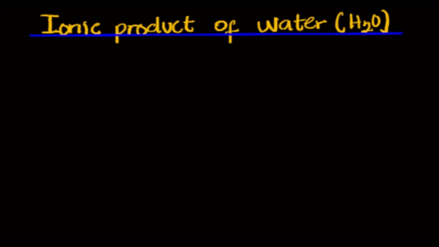I've actually talked about the acid-base concept, but in this video, I'm going to be focusing on the ionic product of water. One thing I want you to understand is that water, which is symbolized as H2O, has the ability to react with itself. That is, it has the ability to undergo what is referred to as an auto-ionization reaction. That is the ability of molecules to react with each other. In that scenario, we simply say water is amphoteric in nature. Water is an amphoteric